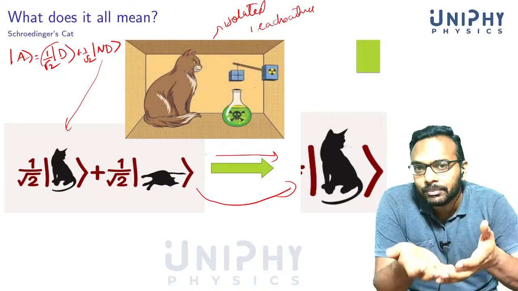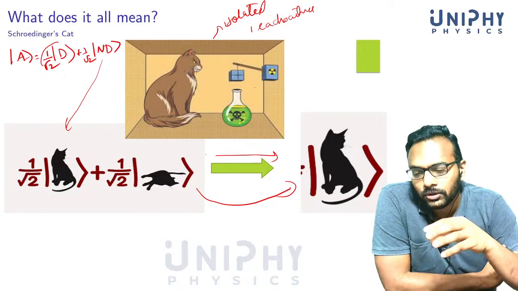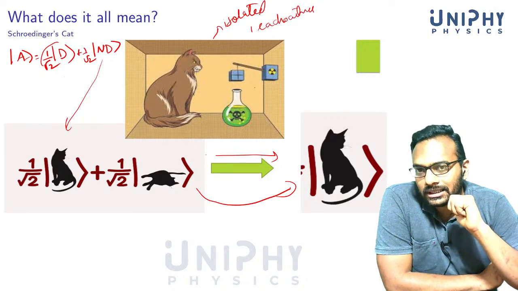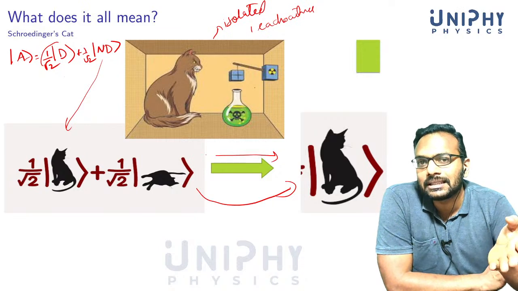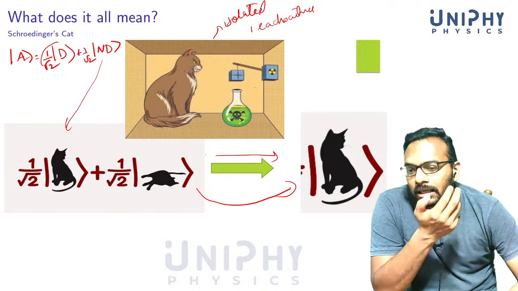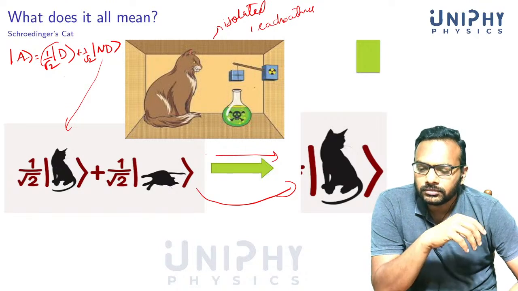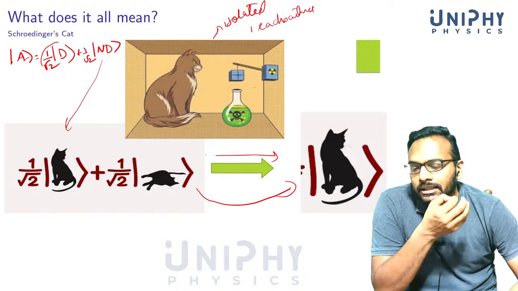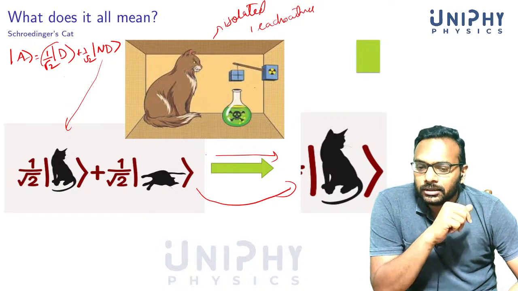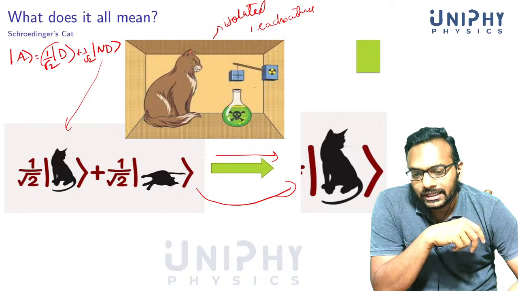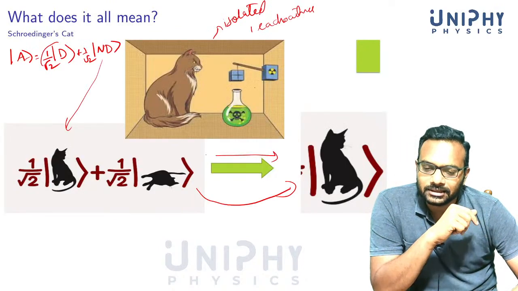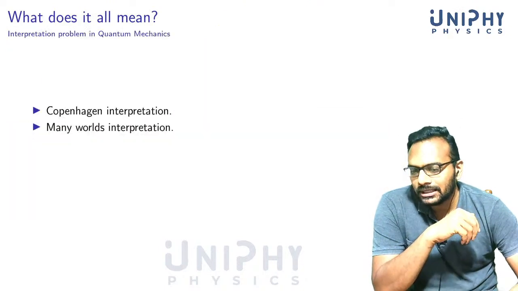Collapse is an extra postulate that we have to give in order to make sense of the experimental observations, the fact that we always see the electron only in one of the slits, for example. This is also known as the measurement problem, and it's still an open problem. There is no consensus as to what happens during the measurement. So if you take quantum mechanics literally, it says something actually.